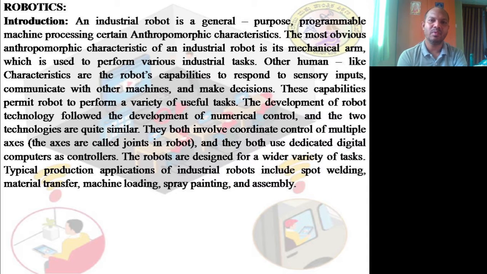So basically, this robot, as particularly applied to the industrial robot in general, is defined as a general purpose, programmable machine possessing certain anthropomorphic characteristics. The most obvious anthropomorphic characteristic of an industrial robot is its mechanical arm, which is used to perform